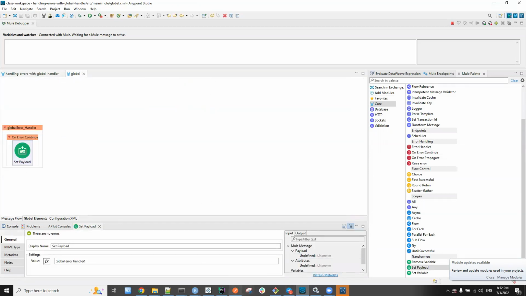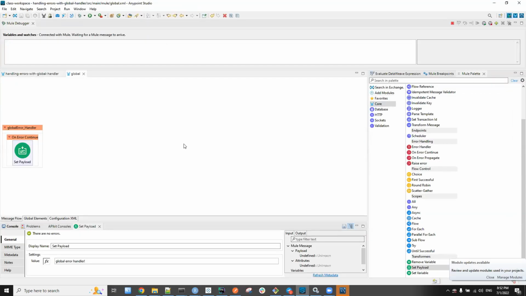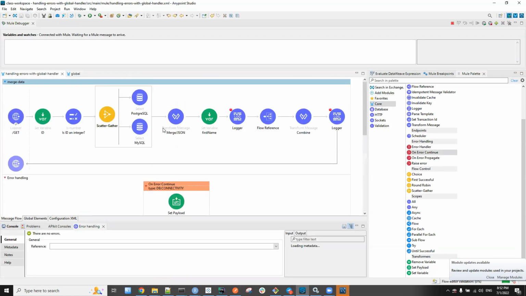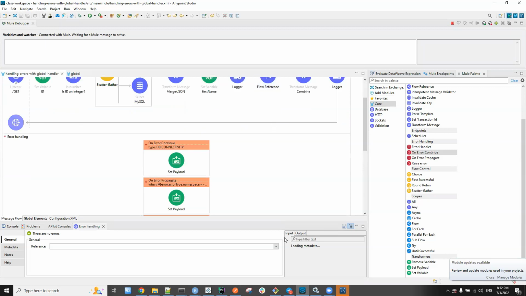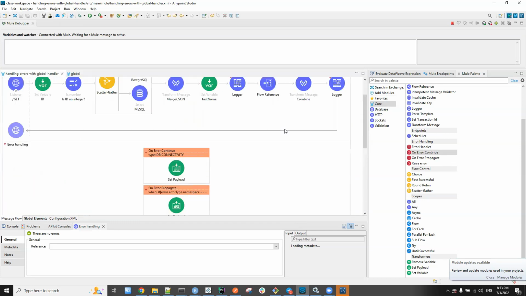Okay, so send a request. Now, I want the rest of the processors to execute successfully, so I have to make sure it doesn't fail up to here, up to this flow reference. So I will send an integer so that all of these processors until the flow reference get executed successfully. And it will send the flow reference, it will send a first name variable.